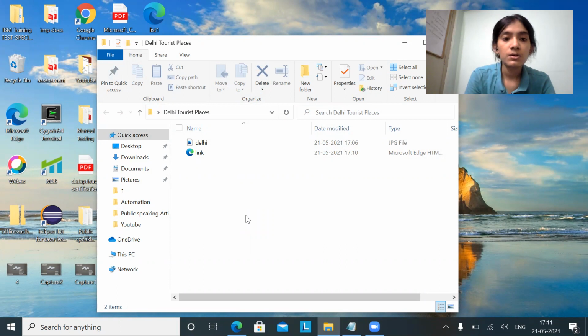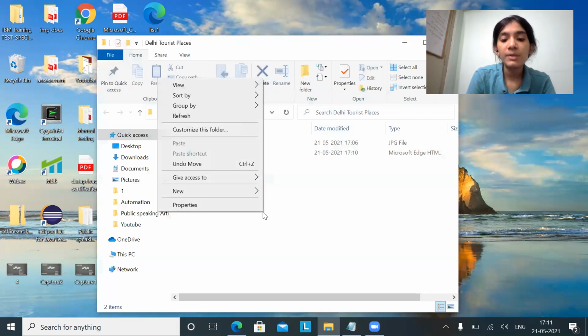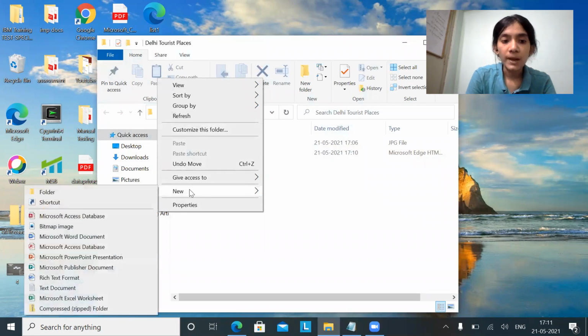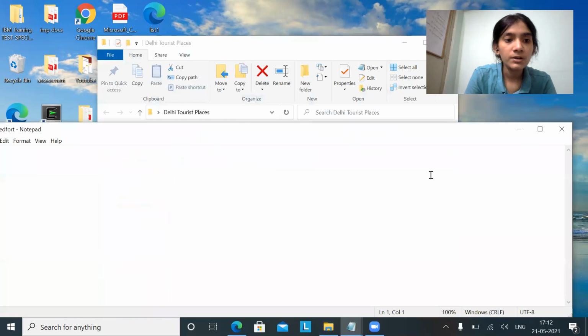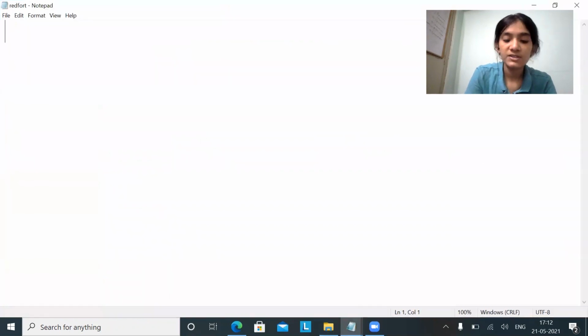Okay. So it's better. It looks in a very good structural format. So that's why it's better that you keep everything in one folder. Okay. So here itself only I'll be creating a new notepad so that I will be able to start the next, that is redfort.html. I will be able to do it. Okay. So just create this notepad file, open it, and here we'll start with this.